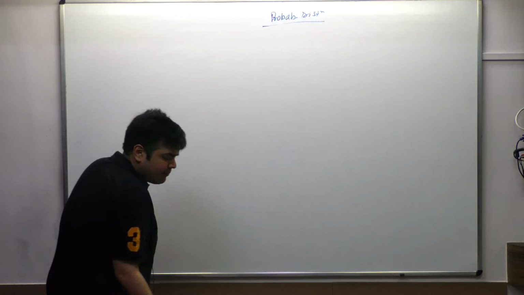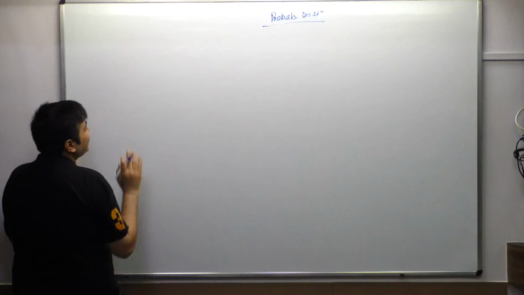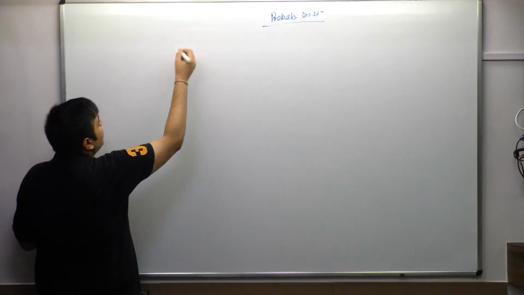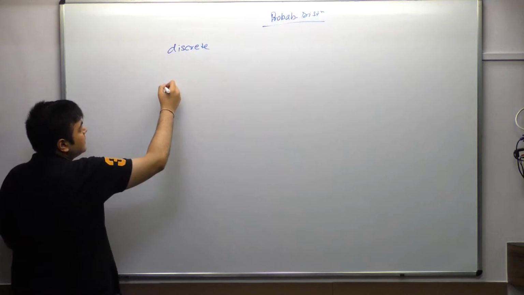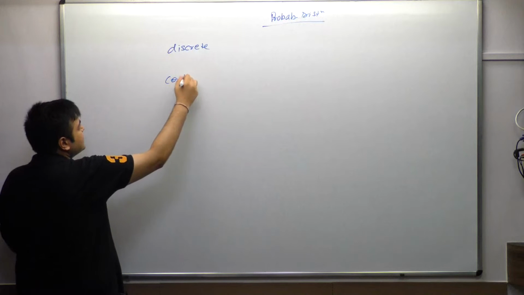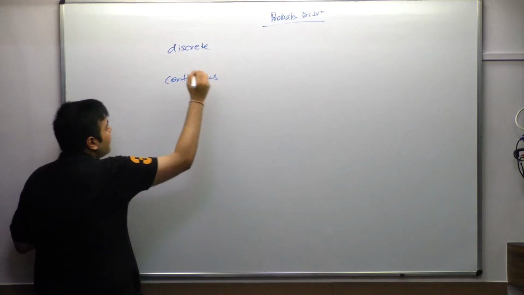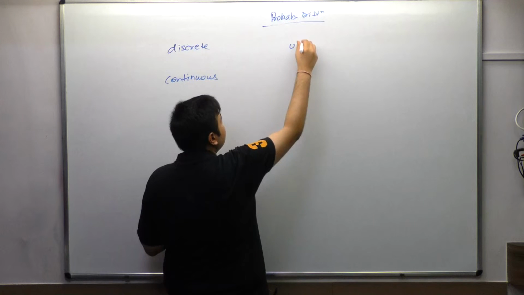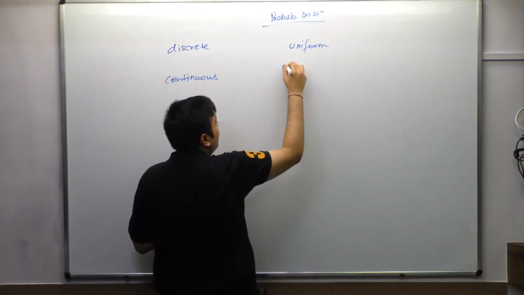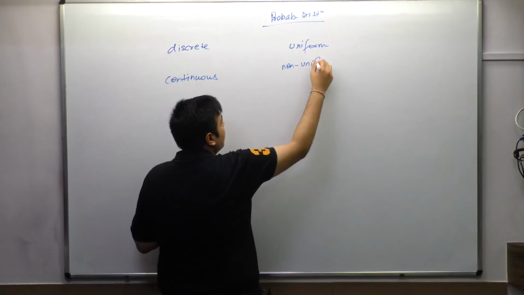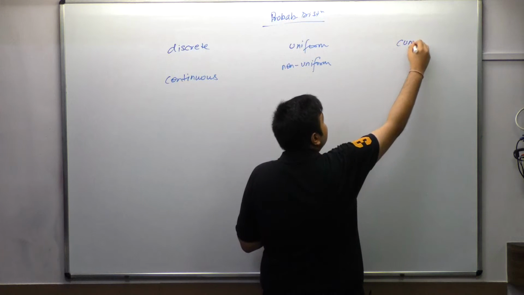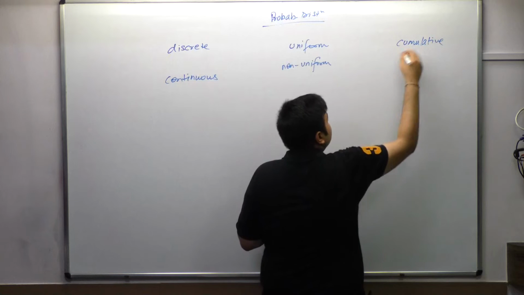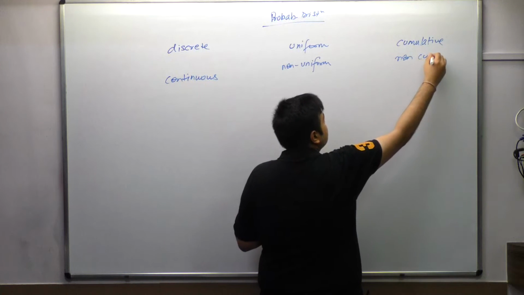Now, when you're looking at probability distributions, there are a few characteristics we need to understand. Either the distribution is discrete or it is continuous. Either the distribution is uniform or it is non-uniform. I'll make you write everything, just observe. Either the distribution is cumulative or it is